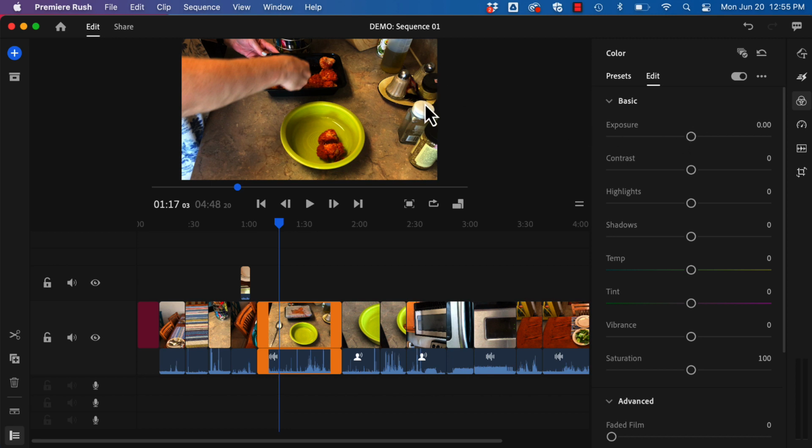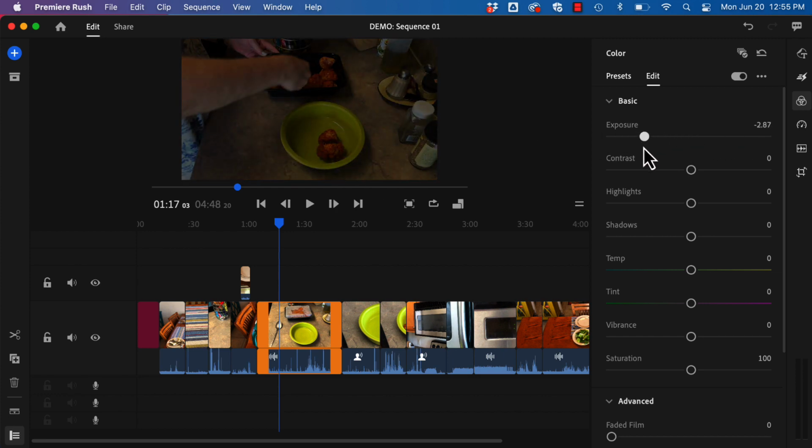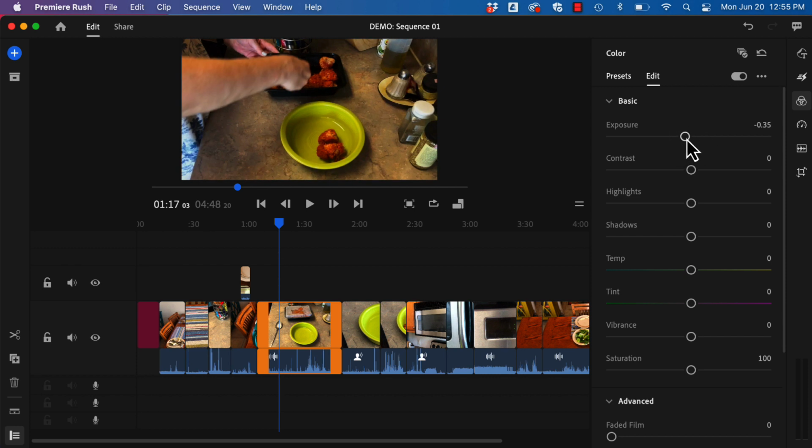So I've got some clues. This should be pure white, and it's really not. And there's just kind of a yellowish tint to this. As you're beginning to learn, I encourage you to do this. Just go back and forth. Now, if you end up in a weird place, all you need to do is double click, and that'll revert to 0. So I am going to bring up the contrast just a little bit in this one